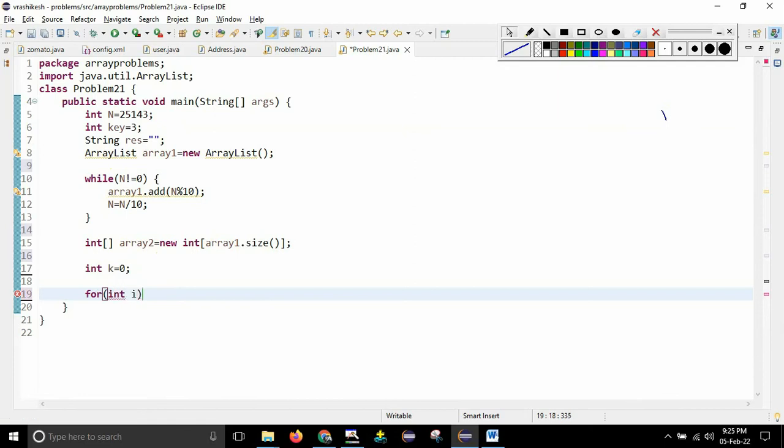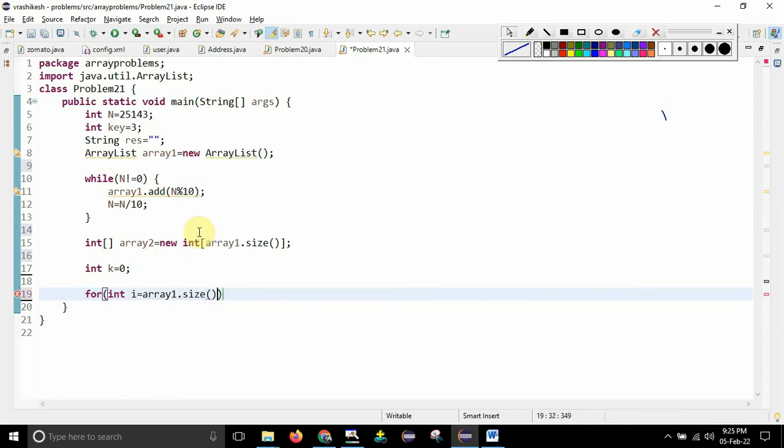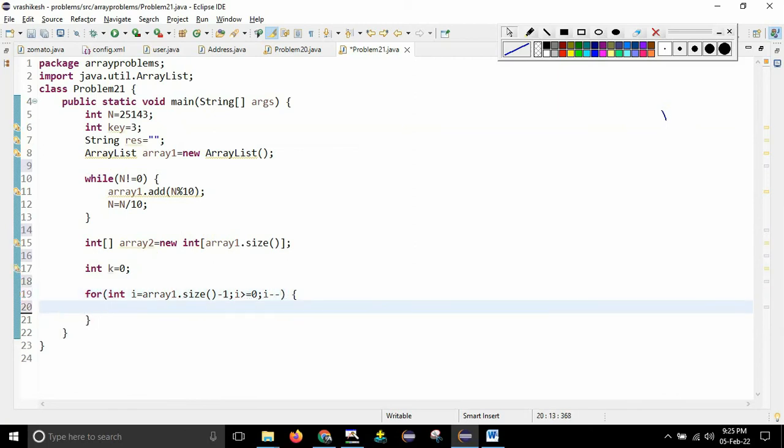So first, just see, guys, how I will write it. For int i is equal to array1 dot size minus 1, so that the last element I take first. After that, i should be greater than or equal to 0. Up to 0 I will come, and each time I will decrement, because I am running the loop in reverse order.